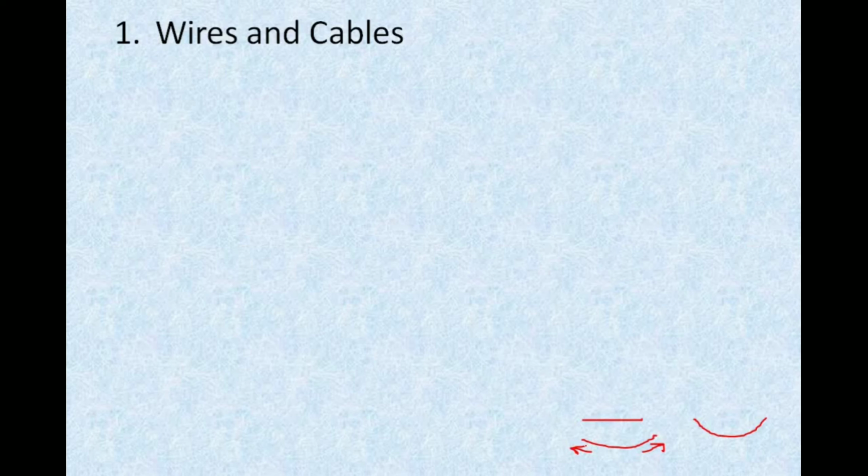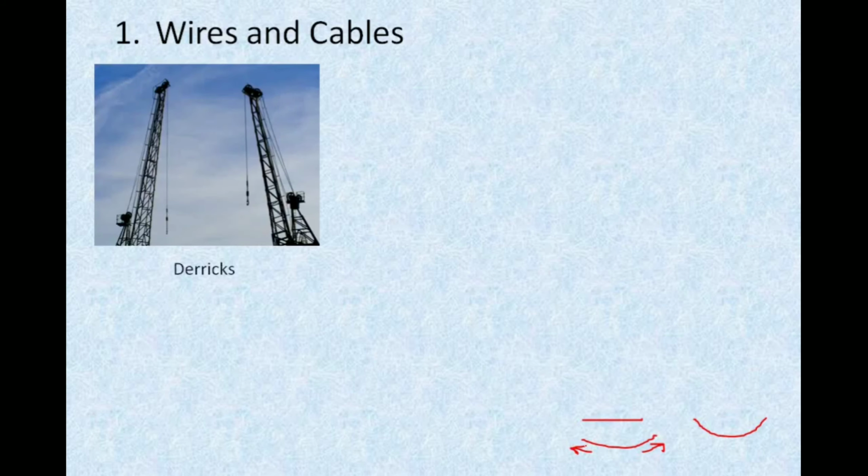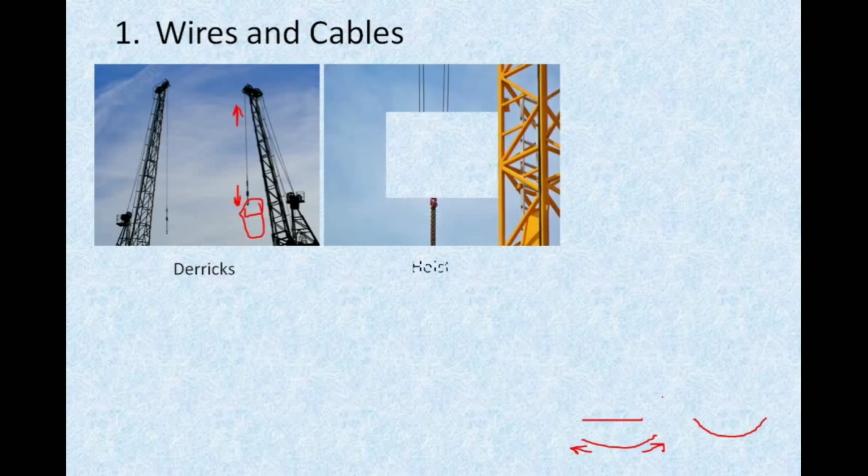So the first type is wires and cables, where we can see some of the examples. Suppose this is a derrick, which is used in constructions to carry very huge structural loads for loading and unloading purposes. These kinds of wires and cables are under tension because there is a pull on this side, and when the heavy loads are placed here, this will be under tension. So this is a kind of tension member. Another similar example is a hoist, also for loading and unloading purposes. These are also a kind of tension members.